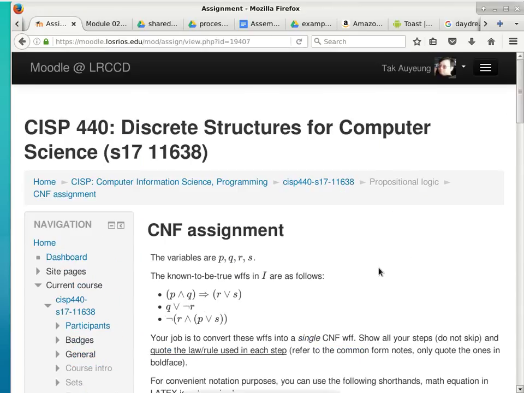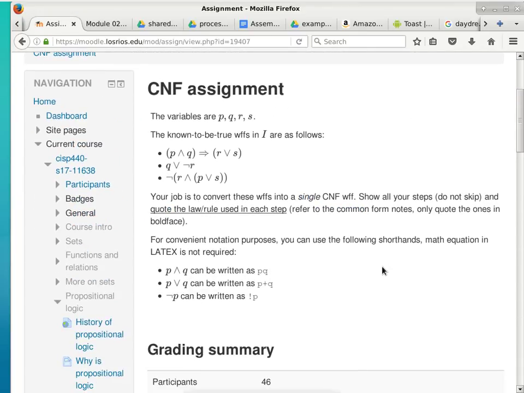All right, so this is your homework assignment. You are given 3 well-formed formulae, and your job is to turn each one into a CNF, and then you combine those individual CNFs into one gigantic CNF. Now, some people just do it in conjunction with all of these, and then do the conversion in place after they're inside the one bigger conjunction. That works too. It's just a little harder to explain each step,